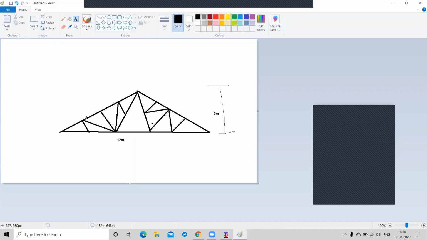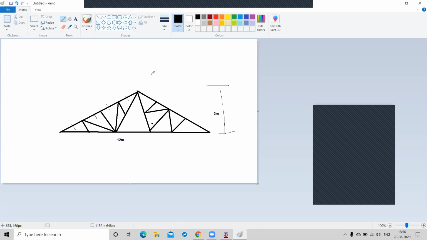Now tell me, this slant beam is divided into how many parts? 1, 2, 3, or 4? 4 equal parts, right? 4 meter.